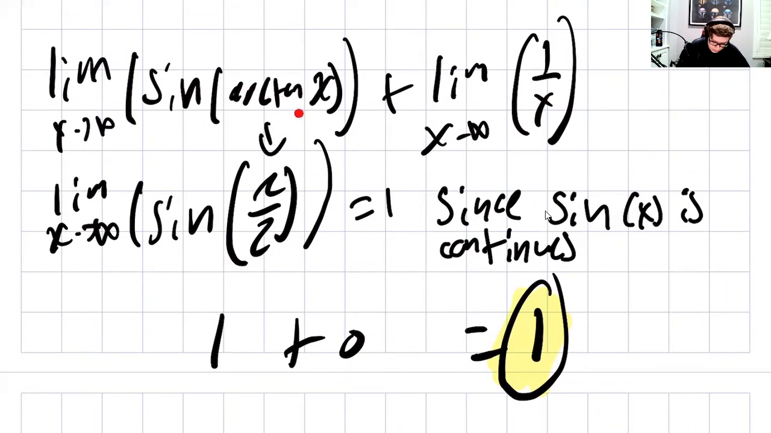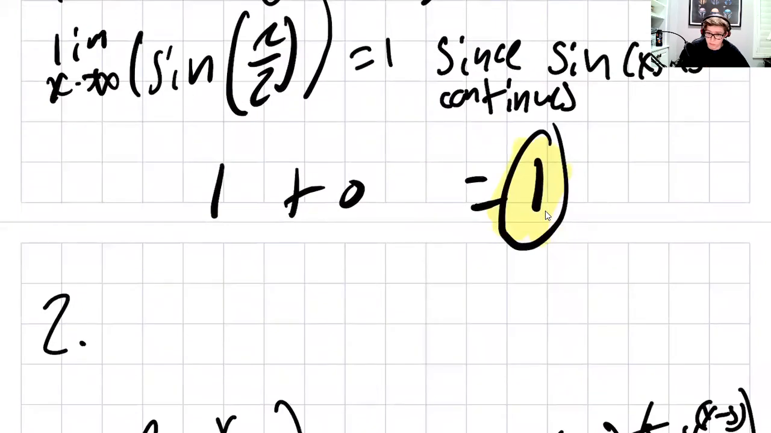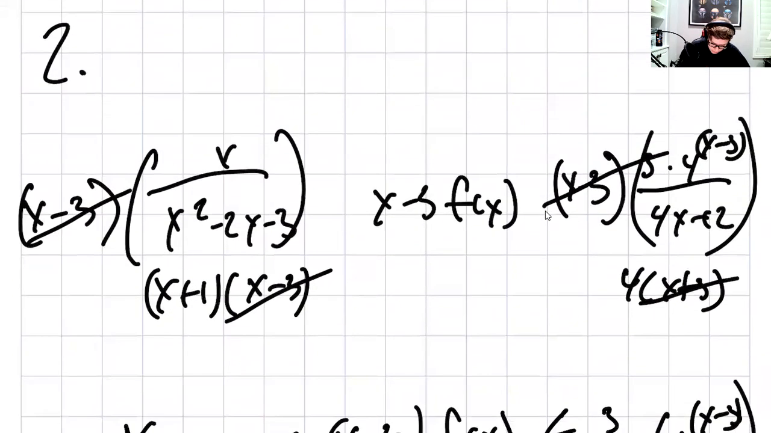The arctan here is going to go to pi over 2. And then since sine is continuous, as x goes to infinity, sine of pi over 2 is going to be 1. So you end up with 1 plus 0, which is equal to 1. Then for question 2,